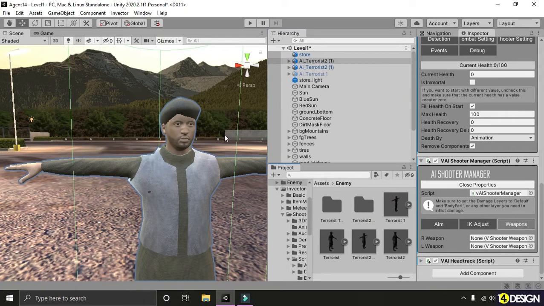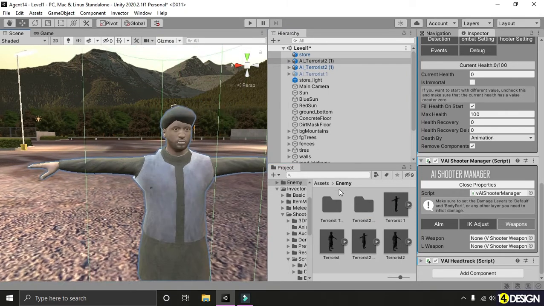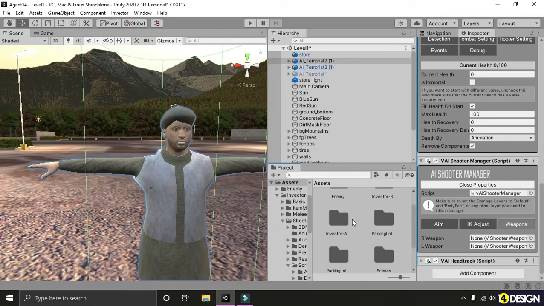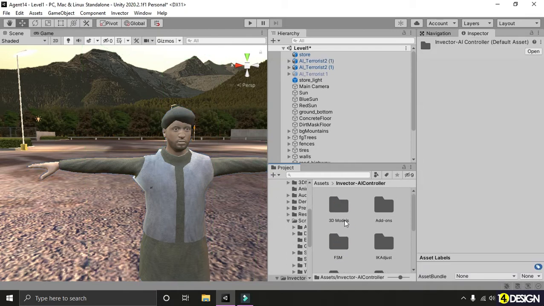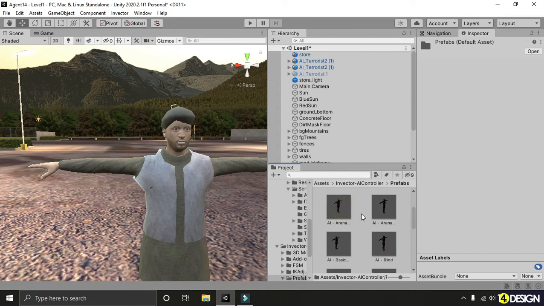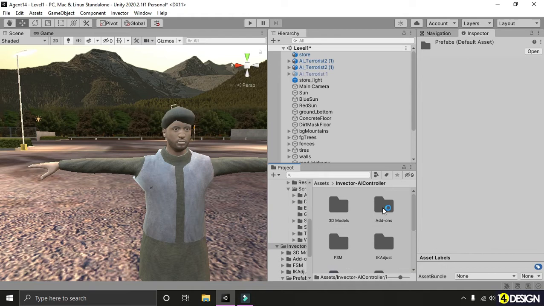To find the guns, you have to go to your Invector AI folder. Let's see, go to prefab. Nope. We're going to find the weapons here. You see where the weapons are.